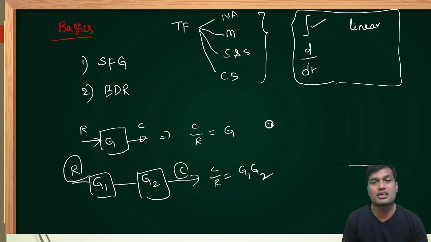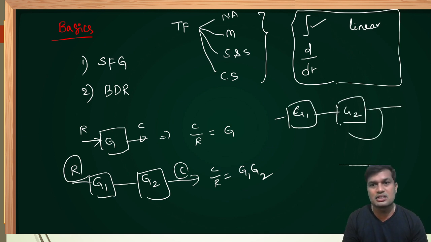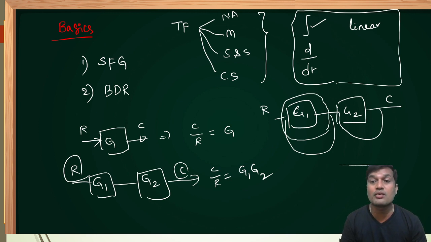Suppose a complicated diagram is given, with G1, G2, and this is one loop, this is second loop. At that time we require interrelation between the blocks. When we require interrelation between the blocks in order to calculate overall transfer function, at that time transfer function calculations will become complex. We require more mathematics. In order to reduce the mathematics, simply we need to relate all these blocks either in cascade or parallel. For that, two techniques will be introduced in control system.